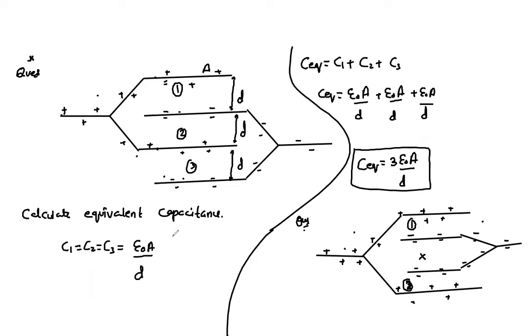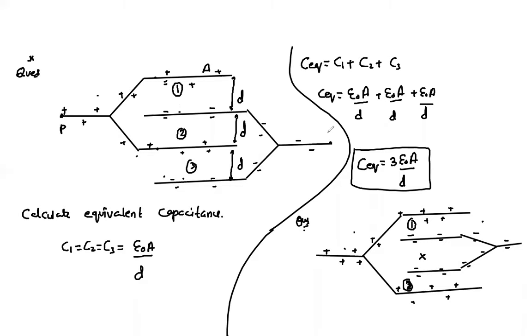Now you have to decide the type of combination, whether these 3 capacitors are connected in series or they are connected in parallel. To decide the type of combination, we proceed by the method of charges. If all positive plates are connected at one place and all negative plates are connected at another, that means your capacitors are in parallel. Say for this first capacitor, I call this plate as P and this plate